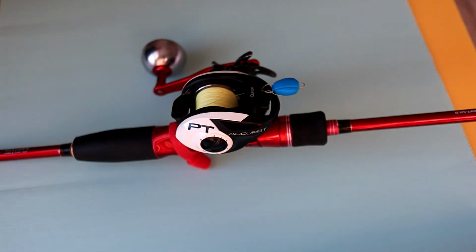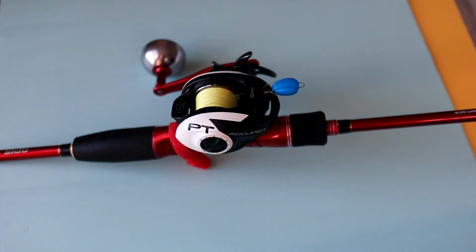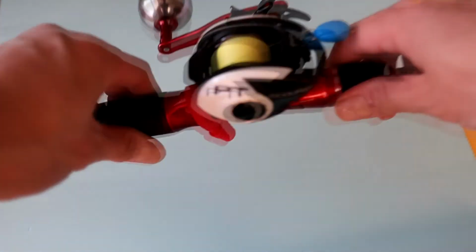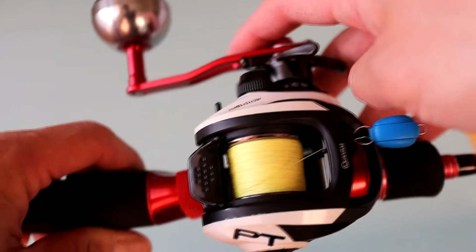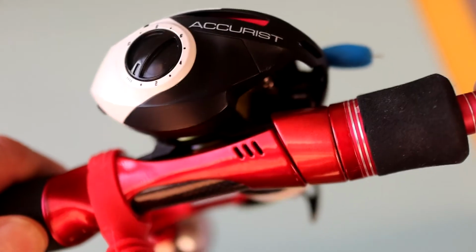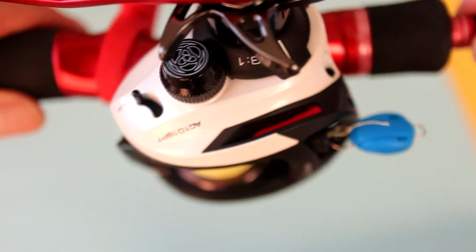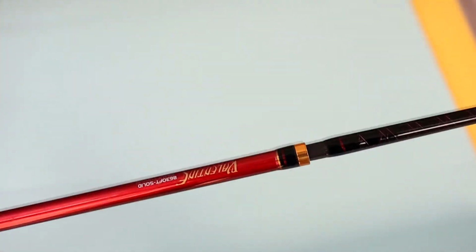Here's a reel for you guys that watch YouTube. It's a John Skinner recommended reel, right? I customized it a little bit. I changed the handle because I noticed the red little coloring in there. It's a sticker in there, and then I wanted to use it with a power handle. It comes with like a bass fishing paddle handle, right? So I decided to buy that and pair it up with this